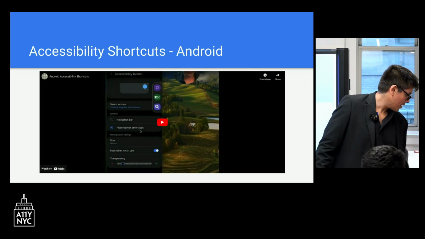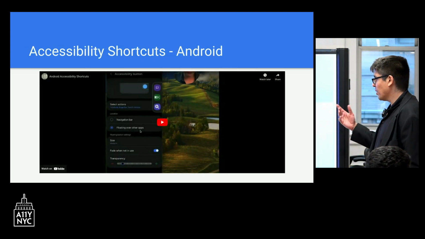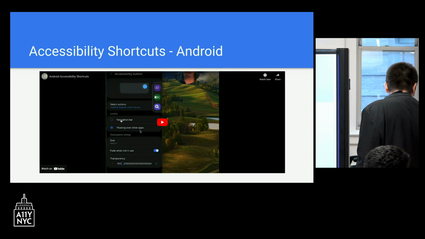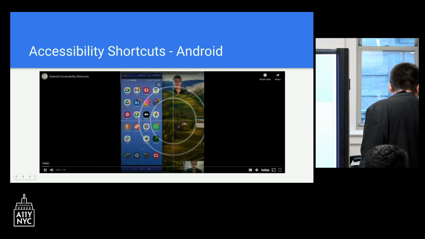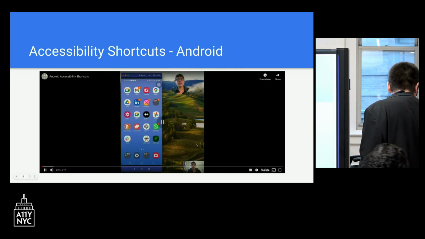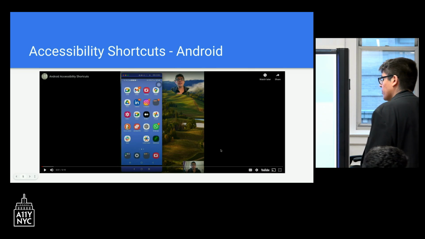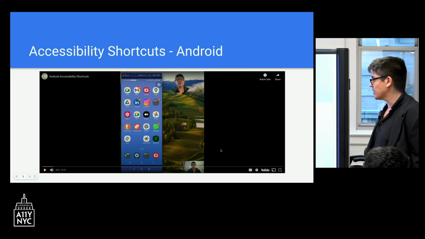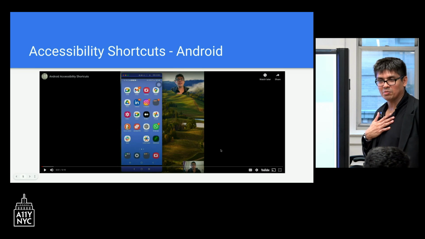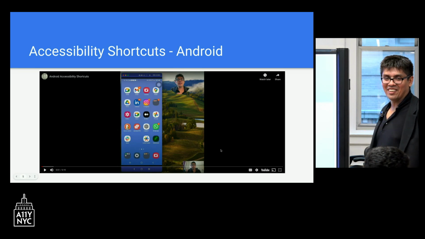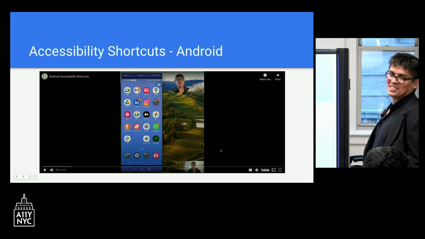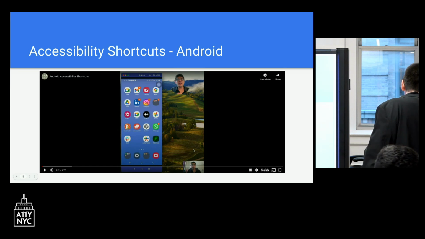Okay, so now I'm going to let the recorded me do some talking, and hopefully you can hear. I'm going to go through the setup of some shortcuts today on Android devices and iOS devices. I'm going to start with Android because I'm an Android-first person. I don't know how many are here, but hey, that's who I am. Got to be true to yourself.